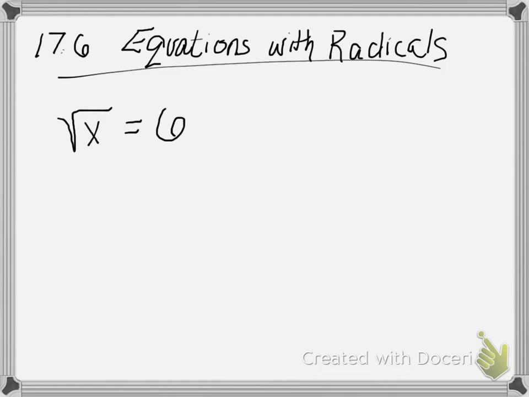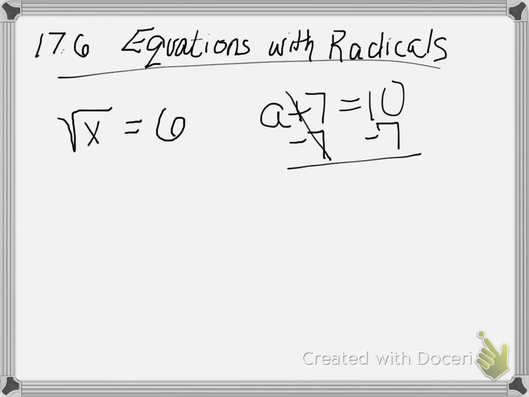Well, you know how with equations, like if I have a plus 7 equals 10, I have to do the inverse operations? I have to do the opposite, so I have to subtract 7 from each side because it was a plus 7, and add and subtract are opposites. Well, that's the same thing over here. Squared and square roots are opposites. So if I want to solve this one,